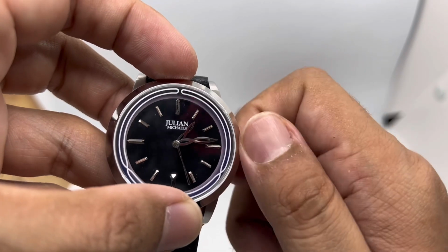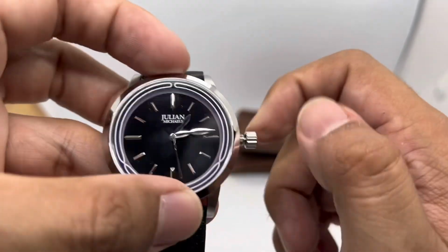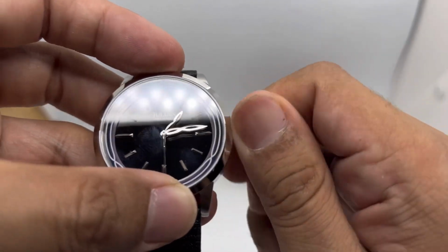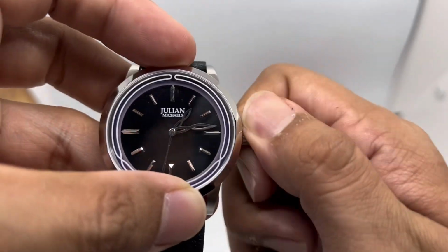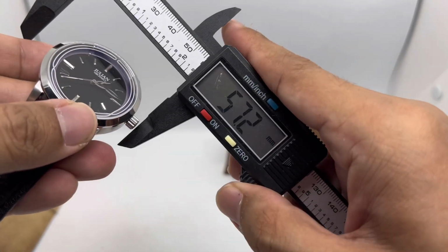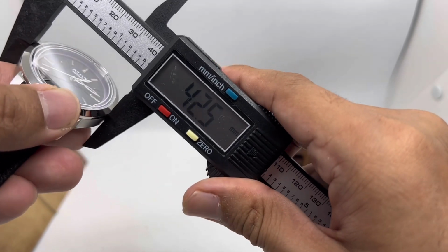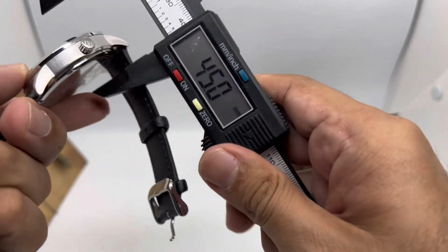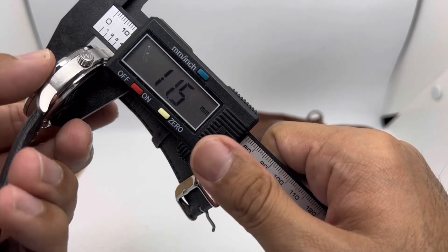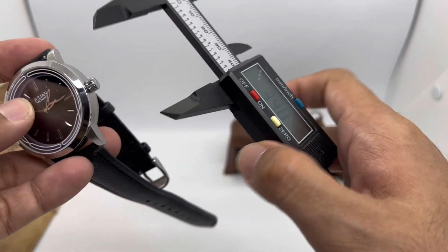Yeah, there is a ghosted position, and that is definitely an NH35 with a hacking movement, right? So let's just check out the dimensions of this particular piece. I think they mentioned it as 41 millimeters in diameter, and a thickness of just 11.5. Very nice for an NH35 movement